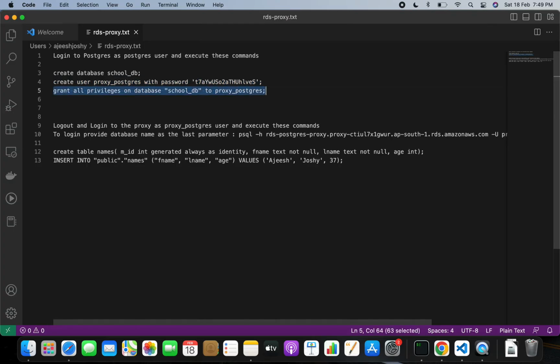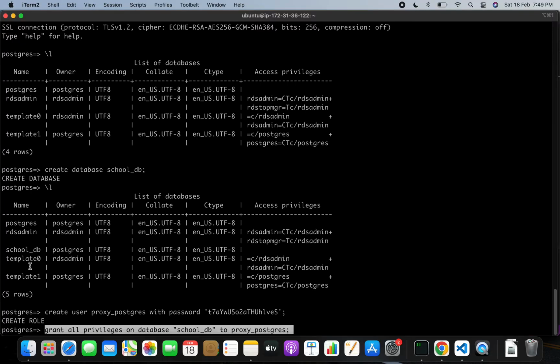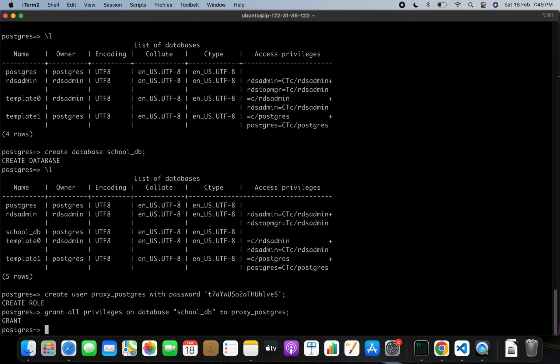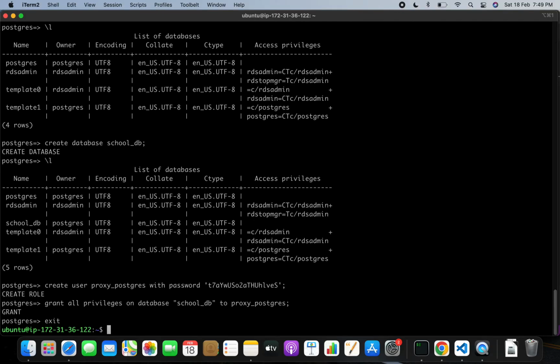So the next thing is we are going to grant all the privileges on the database SchoolDB to the proxy Postgres user. Whichever user we have to create through the proxy that we have created now. Now that I have exited from the Postgres client command prompt,